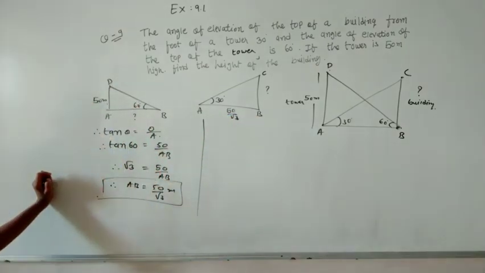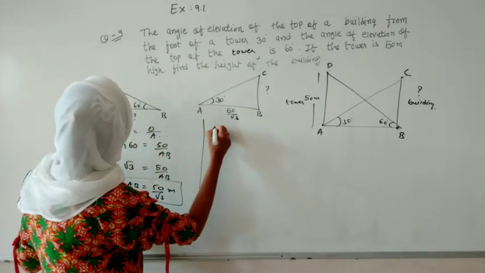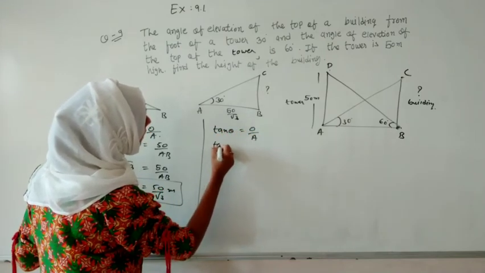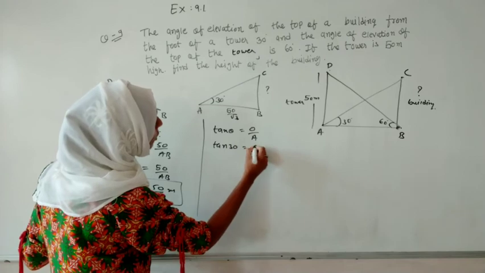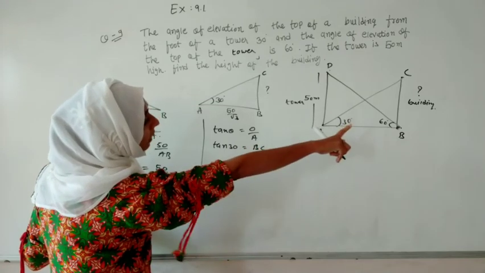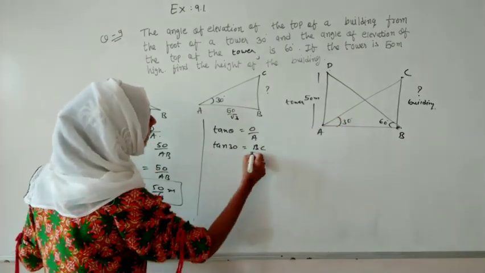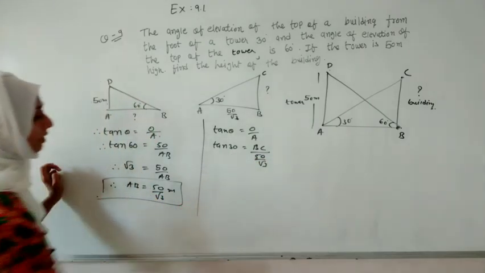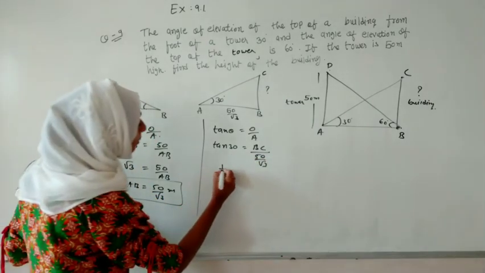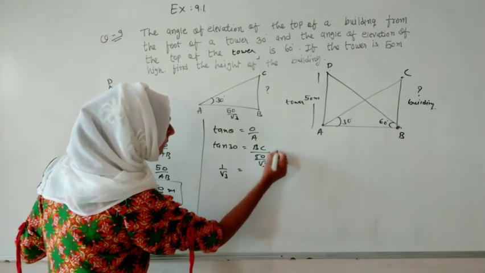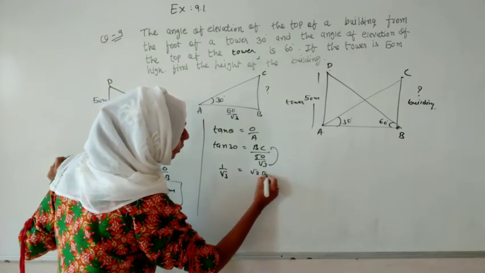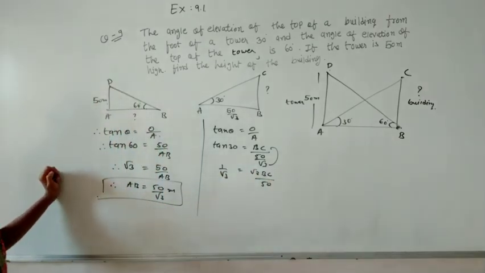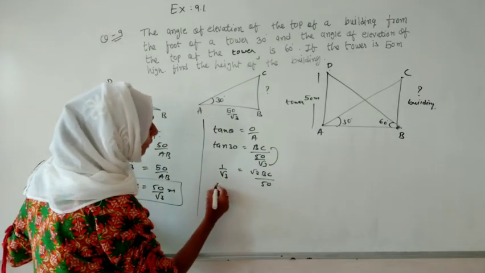Let us apply theta over here again. So here we are doing tan theta equals opposite upon adjacent. Here we have to take tan 30, opposite as BC, and we have to find BC, that is the height of the building, and adjacent, that is 50 upon root 3. Let us take the value of tan 30, that is 1 upon root 3. So root 3 will go up with BC and 50 will remain as it is. Now we will do cross multiplication.